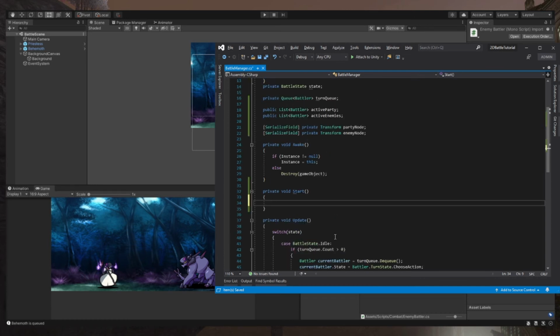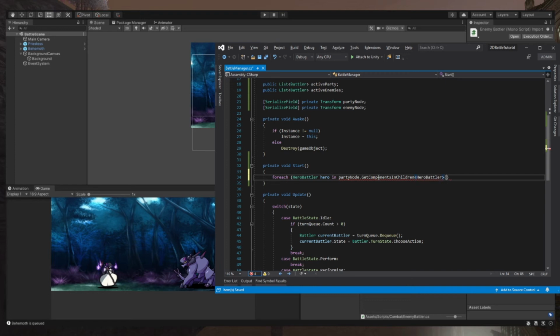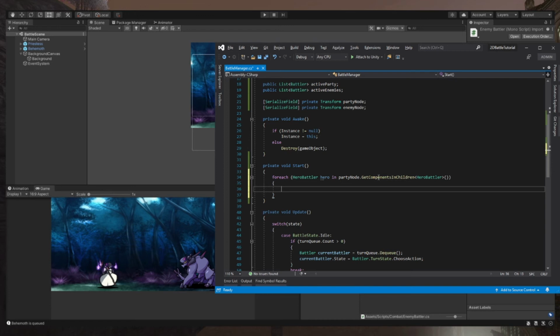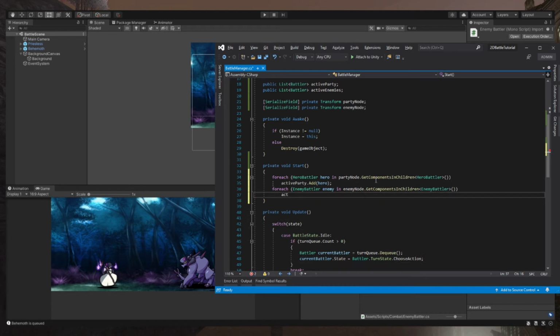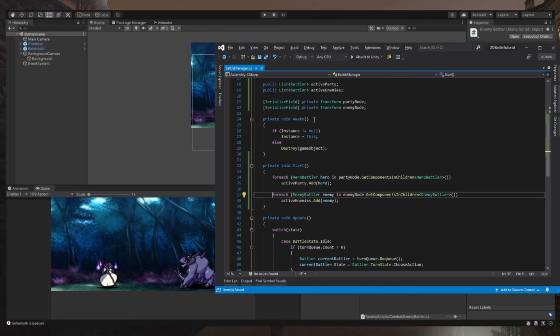So what we want to do in the start method is, for each hero battler, hero in party node, get components in children, the components of type battler. And for each of those, you want to add them to the hero party, right? And similarly, enemy battler, enemy in enemy node, get components in children, enemy battler, active enemies.add enemy. So with this, we have our active enemies and heroes at the start of the combat, ready to go for